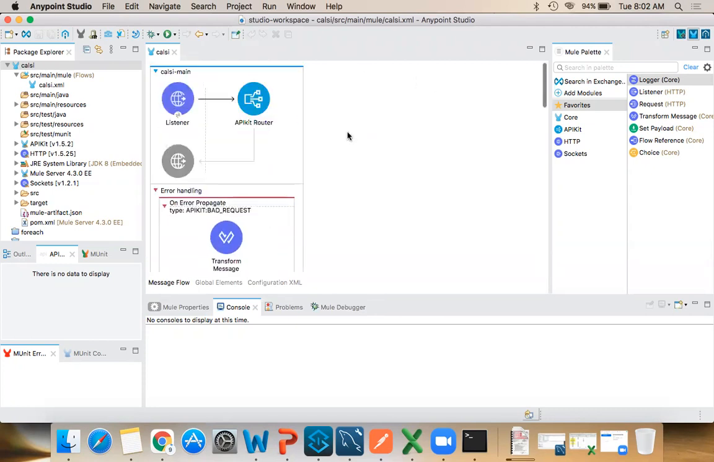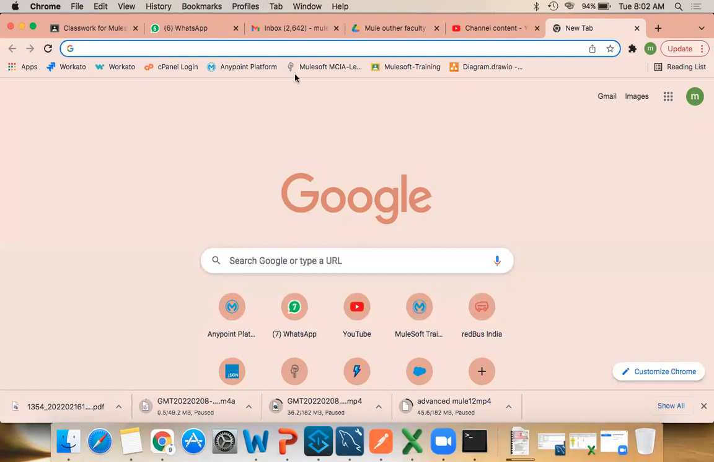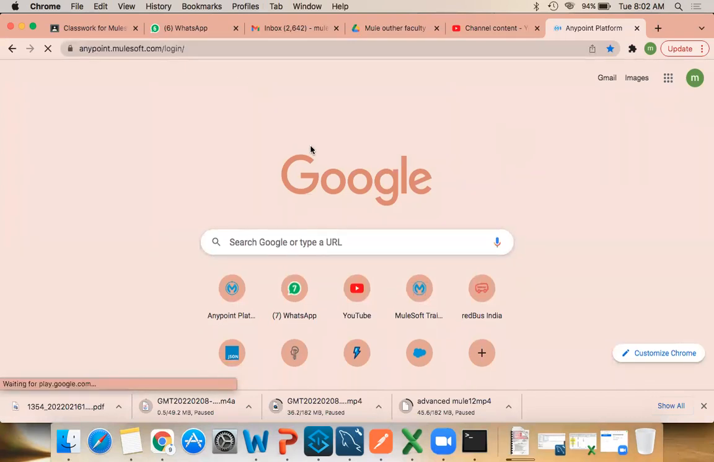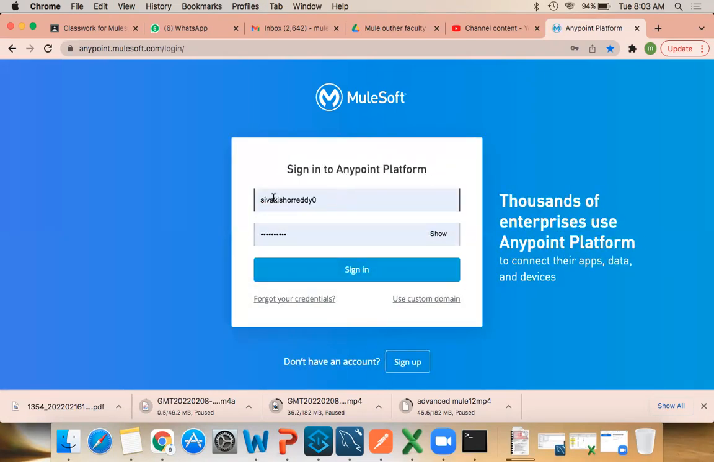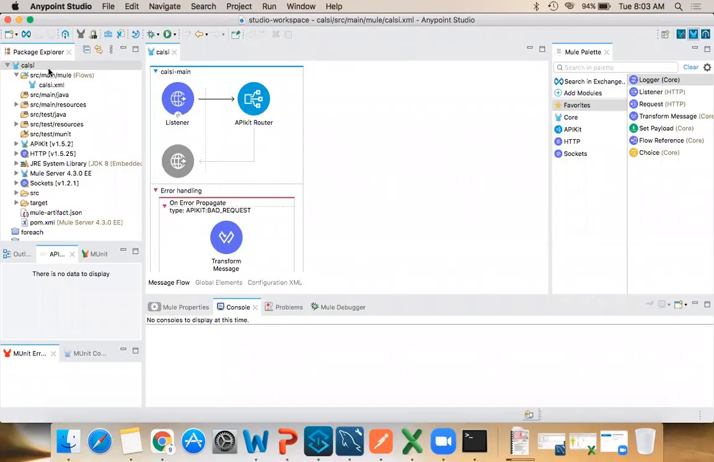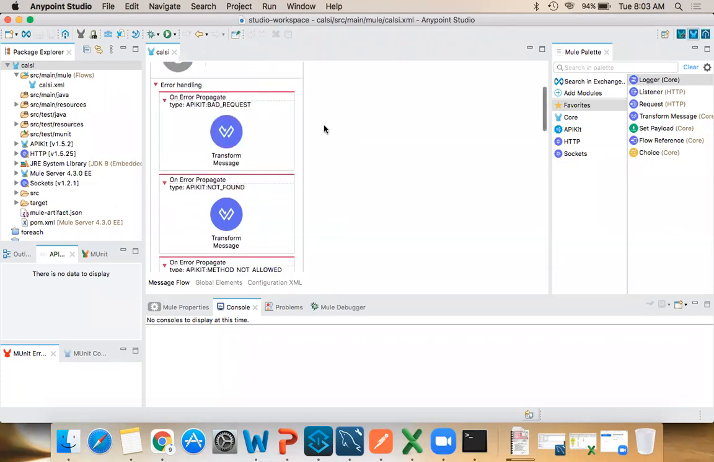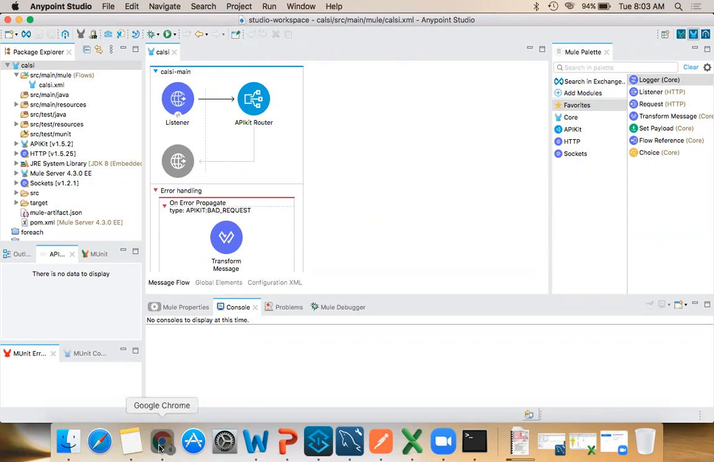Same steps we have to follow. Very first thing, we need to go to the design center. We need to create the API. That we already did, right? Once we created the design, we published that API to the exchange. Then we imported it to the studio. The moment you import, it will create a scaffold for us like this. This we can call a scaffold. Now, next we need to go to the